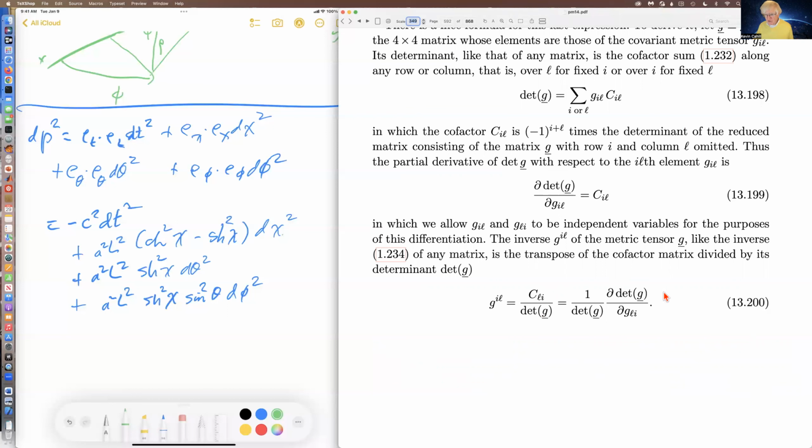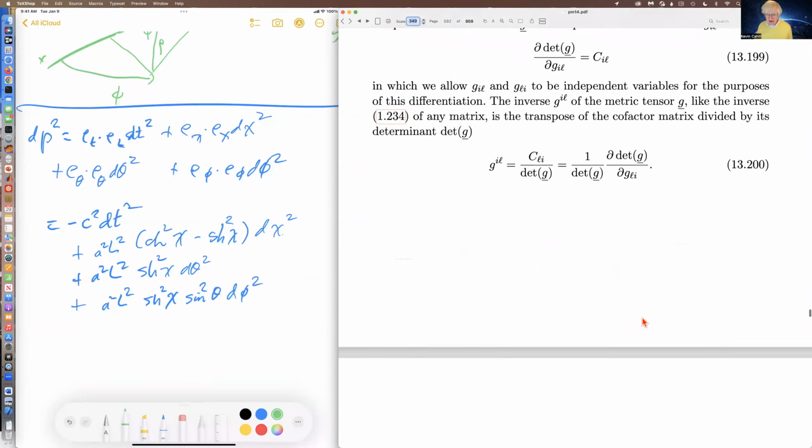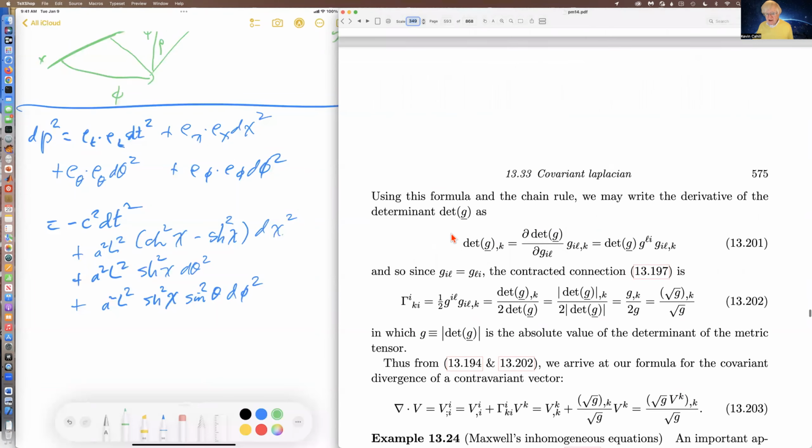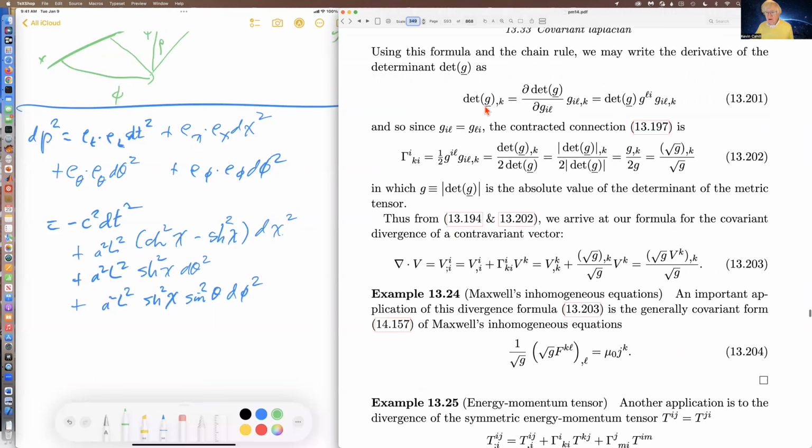And so that's 1 over the determinant. And then we use this formula to get the partial of the determinant with respect to the element. And then you finally find the derivative of the determinant is